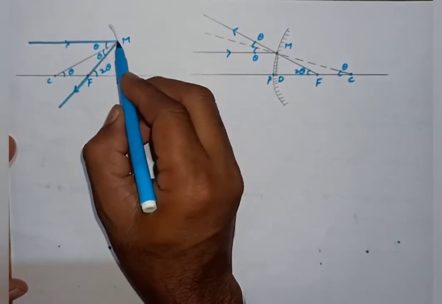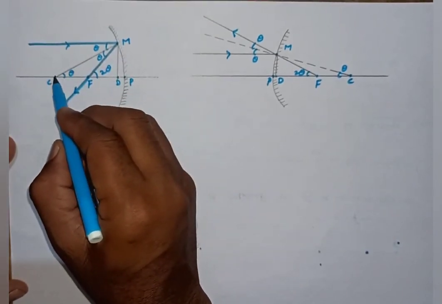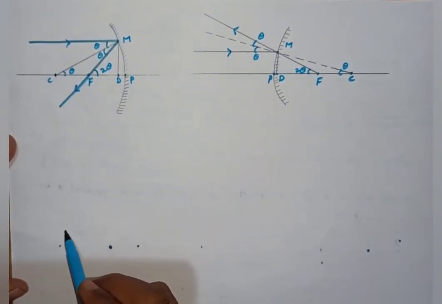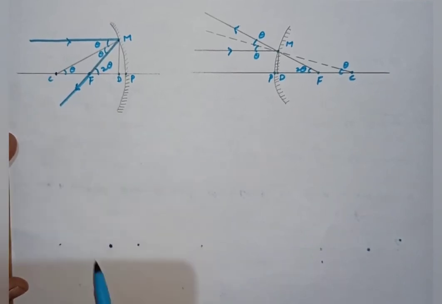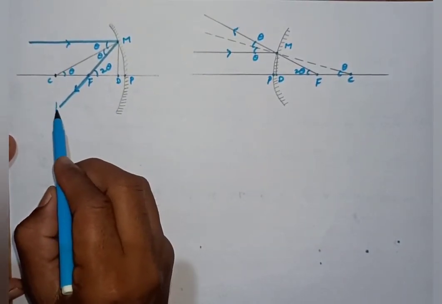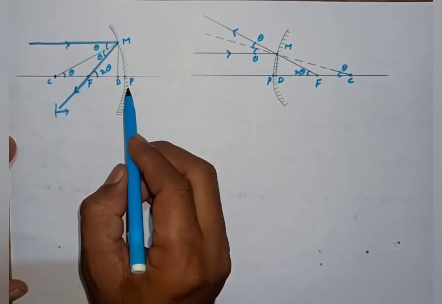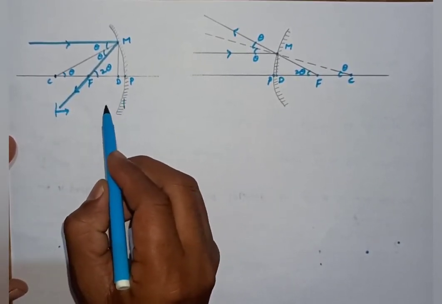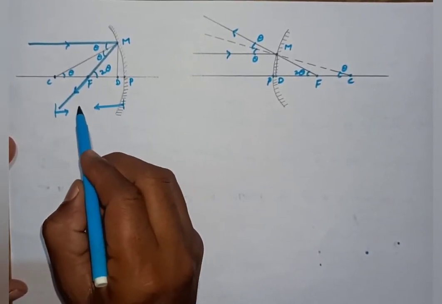So this is the normal. The normal passes through the center of curvature. The distance between the center of curvature and the pole is called the radius of curvature,